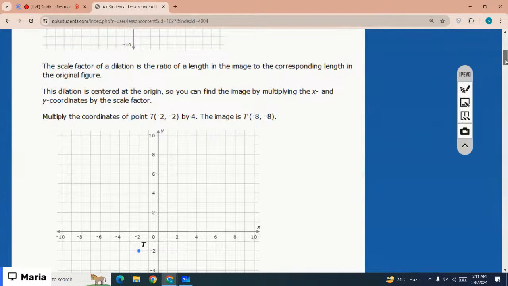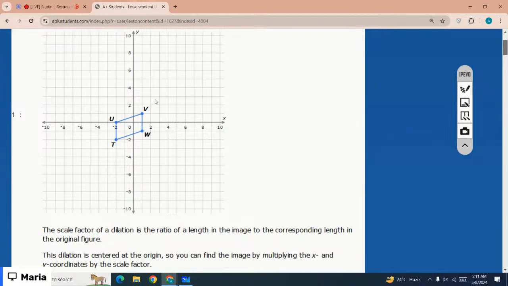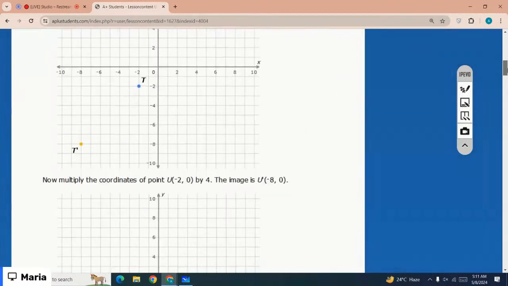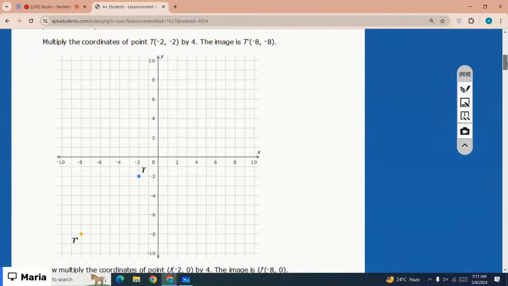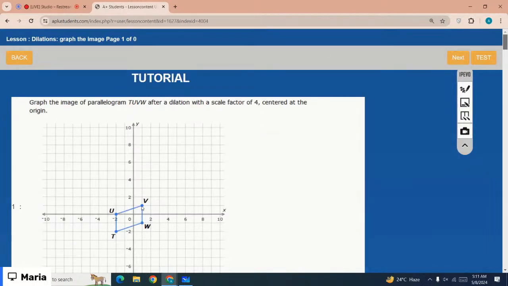The scale factor of dilation is the ratio of the length in the image to the corresponding length in the original figure. The dilation is centered at the origin, so you can find the image by multiplying the x and y coordinates by the scale factor. So how do you find it? You have to multiply all the x and y coordinates by 4, because you have to scale by 4. So the coordinates of V are 1, 1, so for the new one they are 4, 4. Hold on, you have to multiply them by